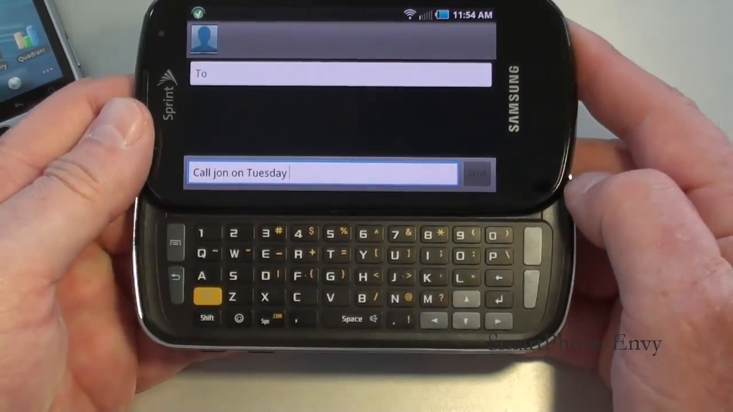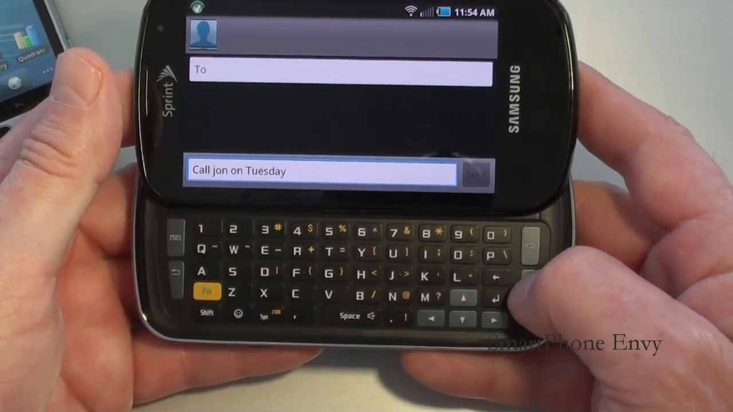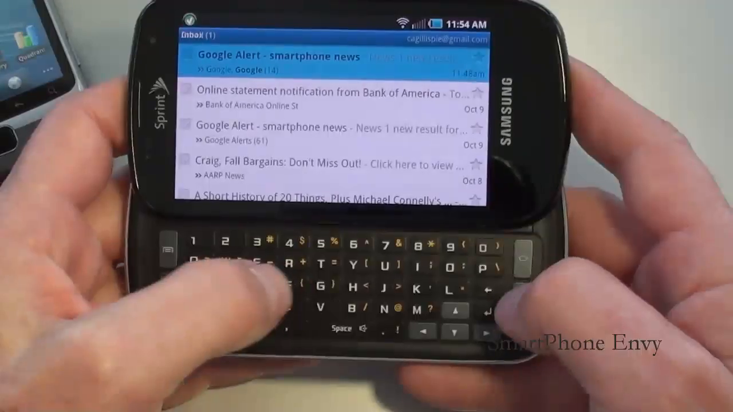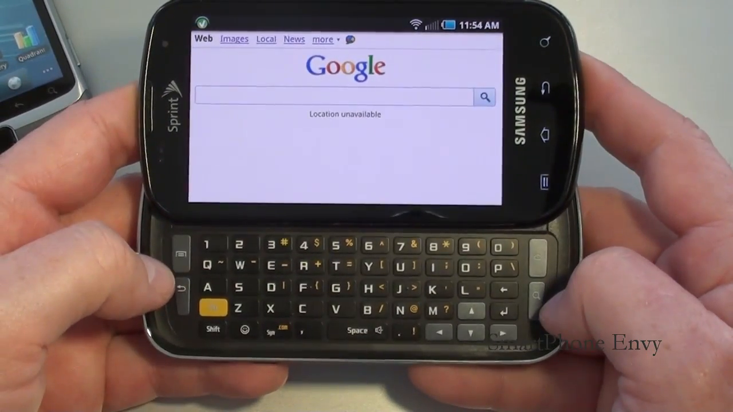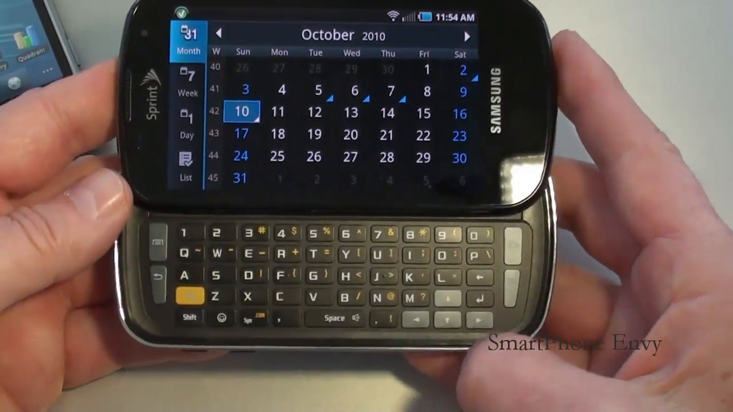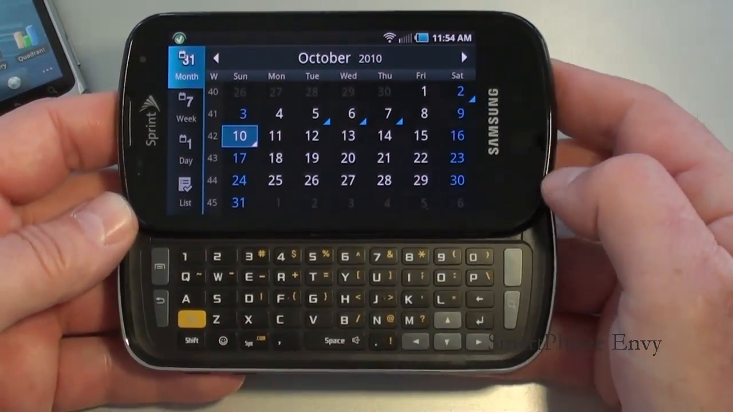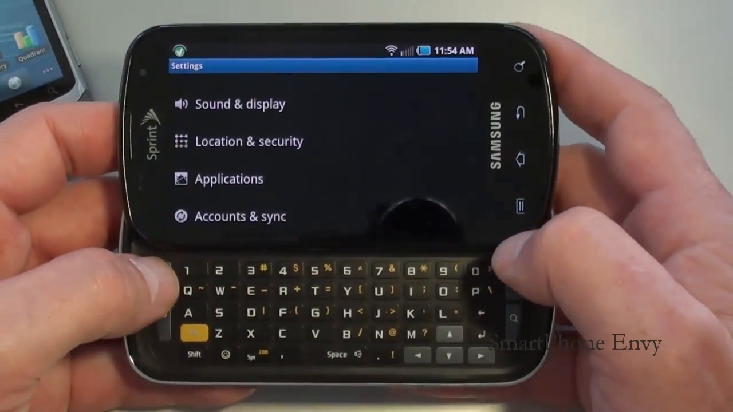Now, one of the other things that's important on both of these, both of the keypads offer shortcuts, and it's holding down the search key and tapping on G will open up my Gmail account. Search key B will open up the browser. Search key L will open up the calendar. So there are shortcuts available, and if you go, let's get back to home, let's go under settings,